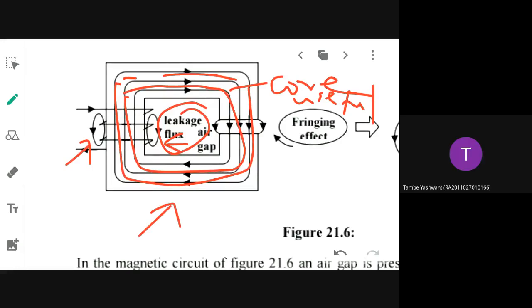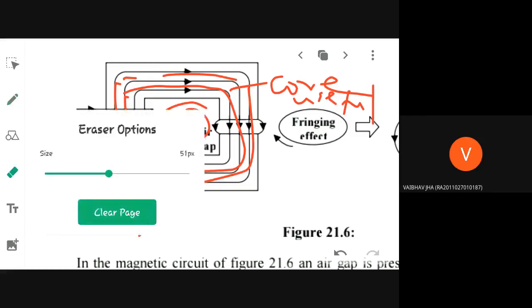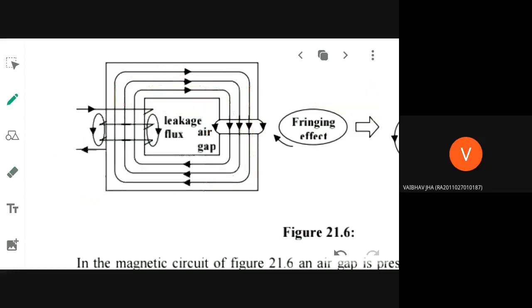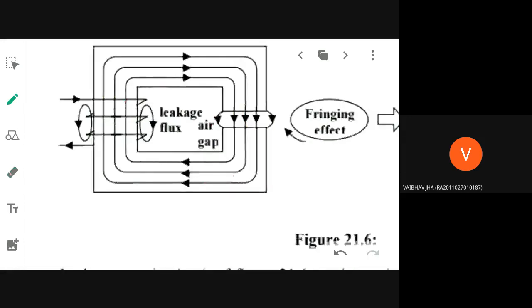Ma'am, your voice is breaking, ma'am. Leakage flux. So these things are not passing through the core. This is core. They are not following the designated core path. They are leaking out. So these flux will be called as what flux? Leakage flux. So based upon that, you need to define one factor that is called as leakage coefficient